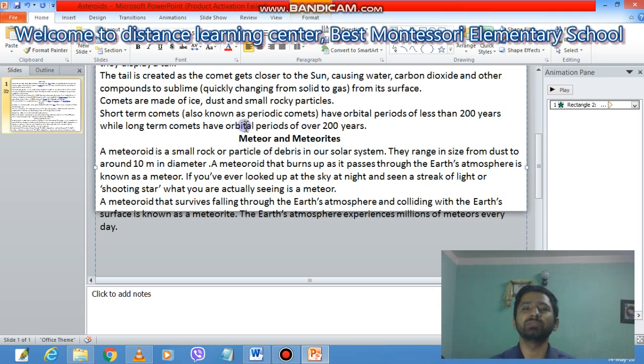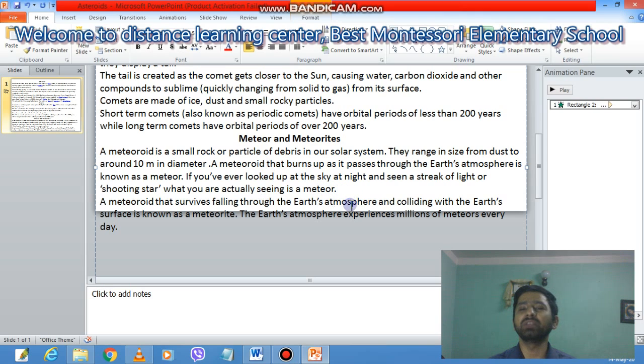Actually that is a meteoroid coming inside the atmosphere of the Earth, and due to friction it seems like a fireball. When these fireballs are larger in diameter, they reach the surface of the Earth without completely burning.